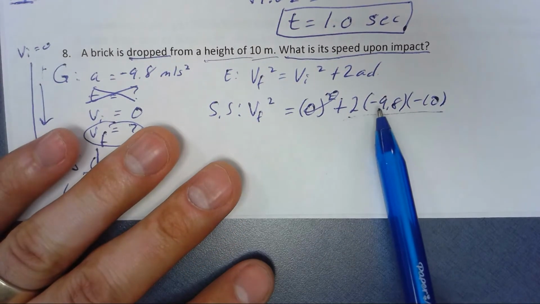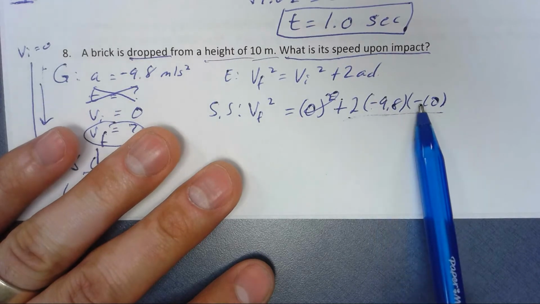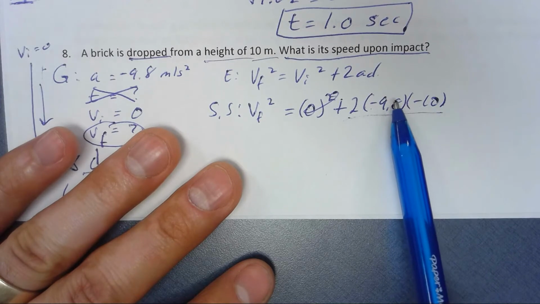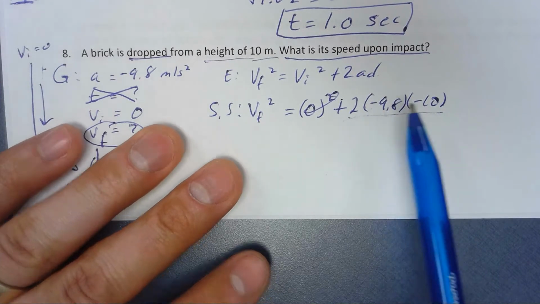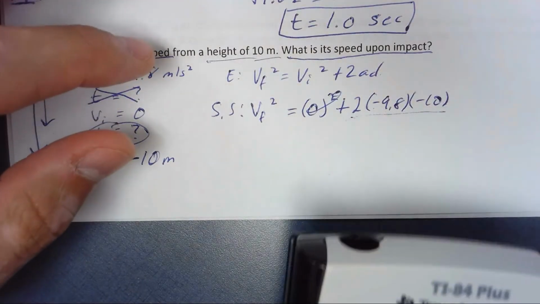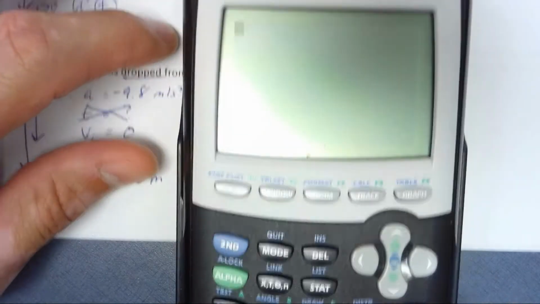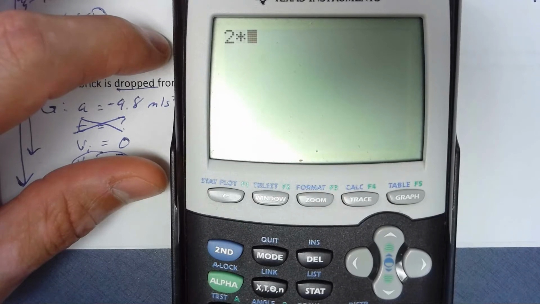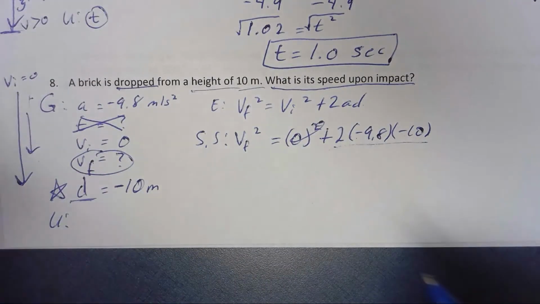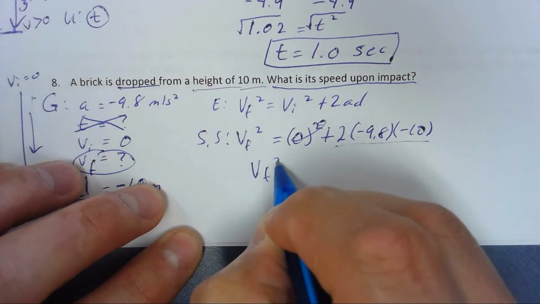Again, let's think about the signs. We have a negative times a negative. I know that's going to be a positive. So I know that all of this is going to end up being positive. I'm not even going to put these negatives in the calculator. That's what I prefer to do. So 2 times 9.8 times 10 is what we have there. We can do that all at the same time, and we get 196. So to rewrite this, I now have VF squared equals